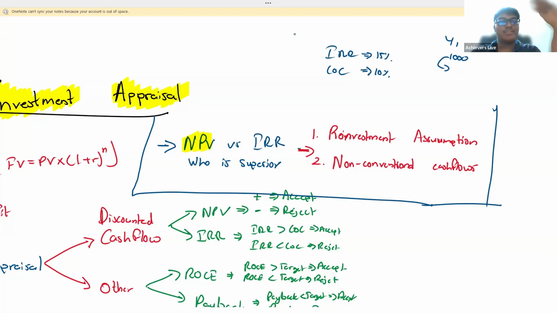So you are investing in a project, you are getting a cash inflow of $1,000. You won't take that $1,000 and put it in your pocket. You will reinvest it inside the project. If you reinvest it, you will get a return. But realistically, if you reinvest this $1,000, the return will be somewhere around your cost of capital. But in IRR, we are assuming that the reinvestment will be at the IRR rate of 15%. So there is an extra 5% we are adding for the return, which is false. Okay?